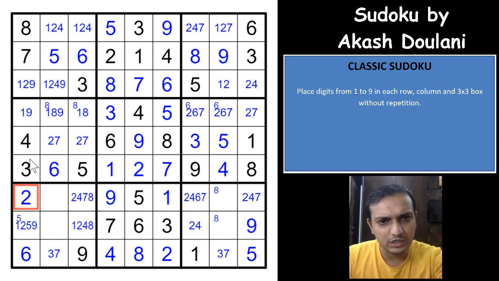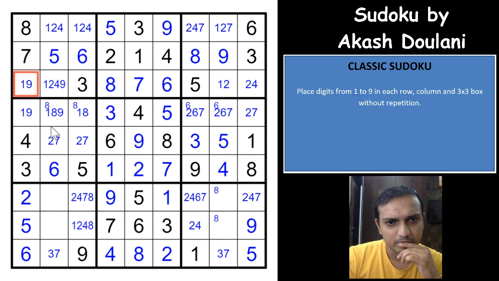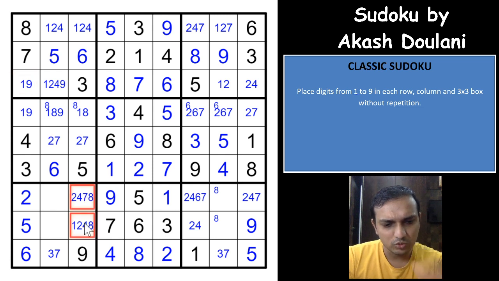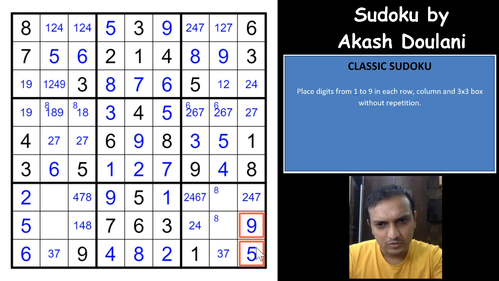That gives you a 2 here. And this would have to be 1 9. So this would be 5. Right. So nice. We missed that actually. So 2 is eliminated from this cell. 5 and 9, right? Okay. So 2 is eliminated from here. 2 is eliminated from here.